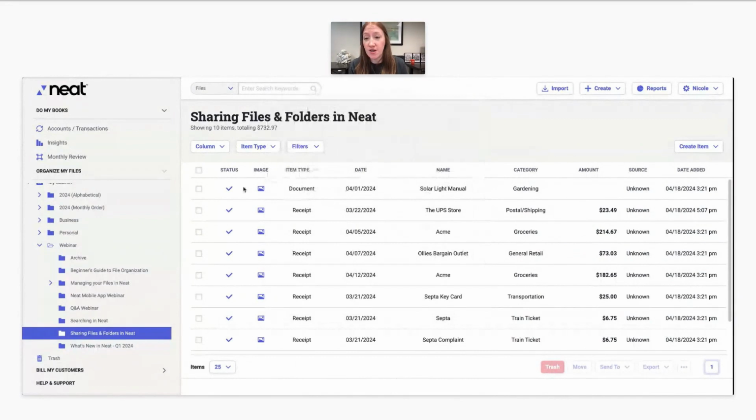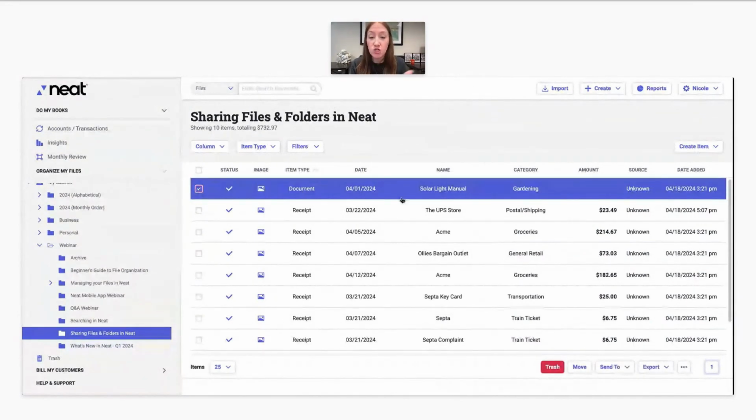Another way that I can do it is by selecting a file that I want to export to PDF, and then I can choose export down here and choose image as a PDF file. And here's where you can also see I can export this data as a CSV file. The benefit to that is when you export your data as a CSV file,